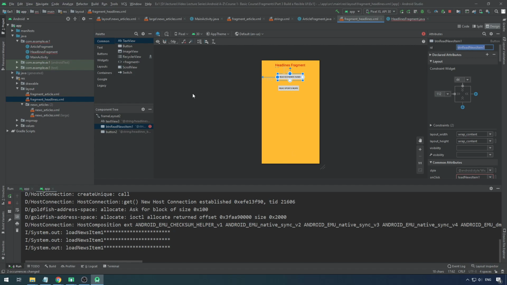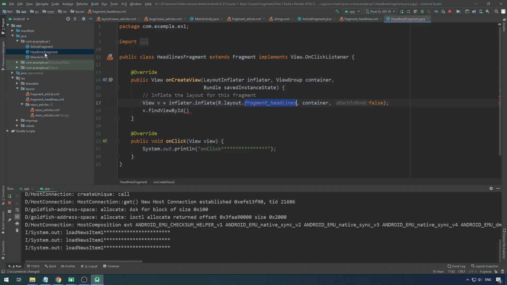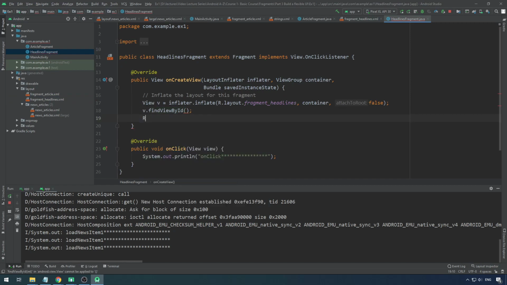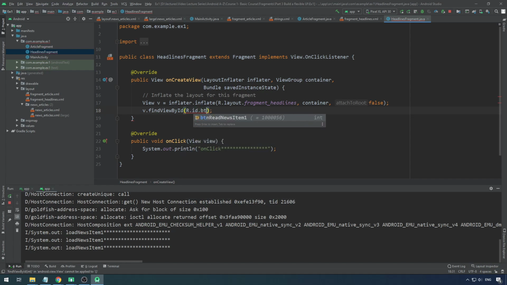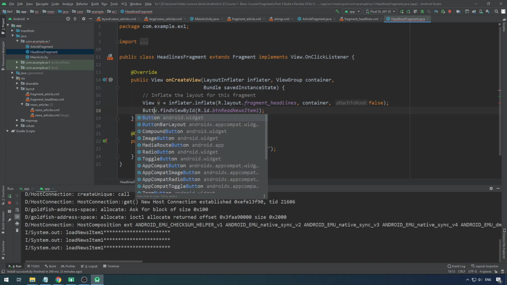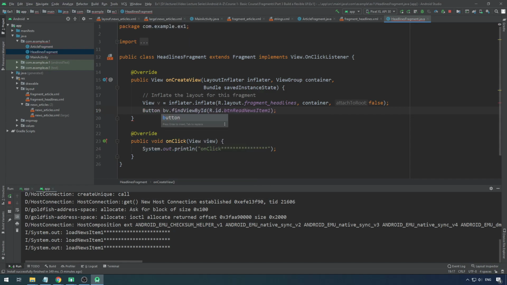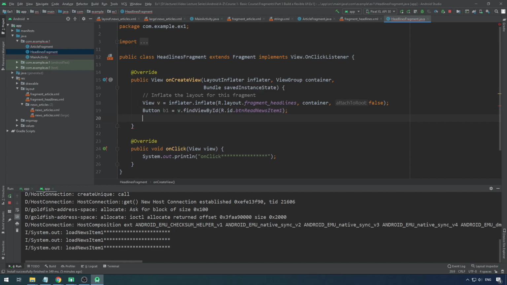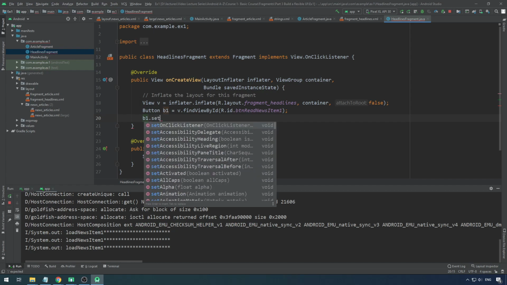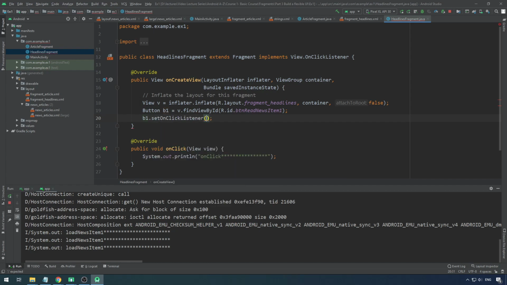So from the fragment you will now refer to that button. You will say R dot id dot btn read news item 1. Then you will have to store it in a button reference, say b1, and on the button you have to call a method. To this button you have to say set on click listener,